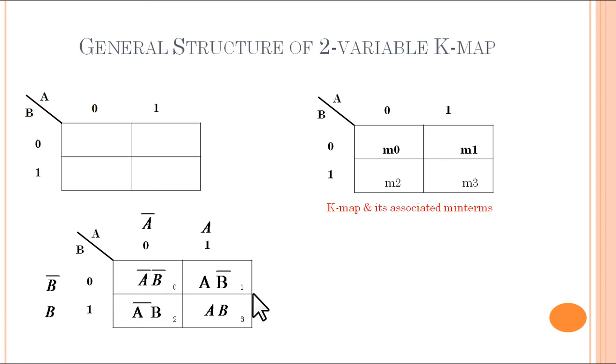In the next class, we will be moving to the general structure of the three variable K-map. So you can have a quick recap on how the binary numbers were written. From the binary numbers, we will be moving to another code called gray code. Binary codes are no longer used when we go to the three variable K-map. We will be using gray code. We will discuss how binary and gray code differ and how to write the general structure of the K-map in the next class.